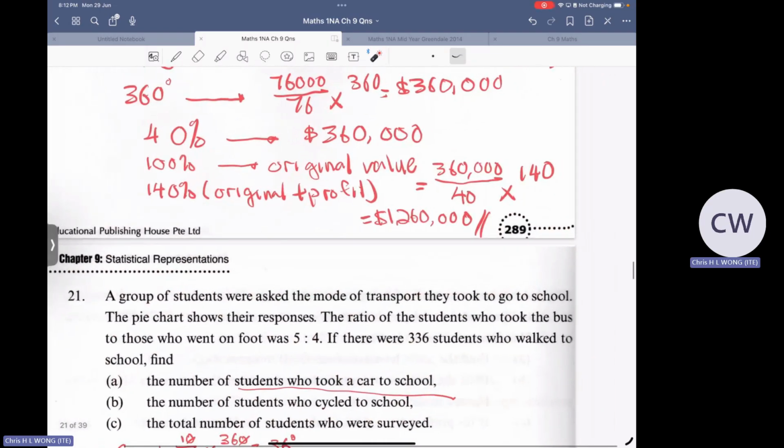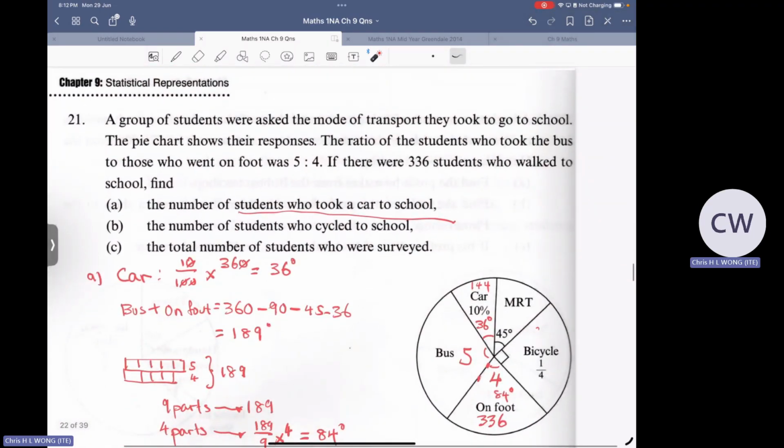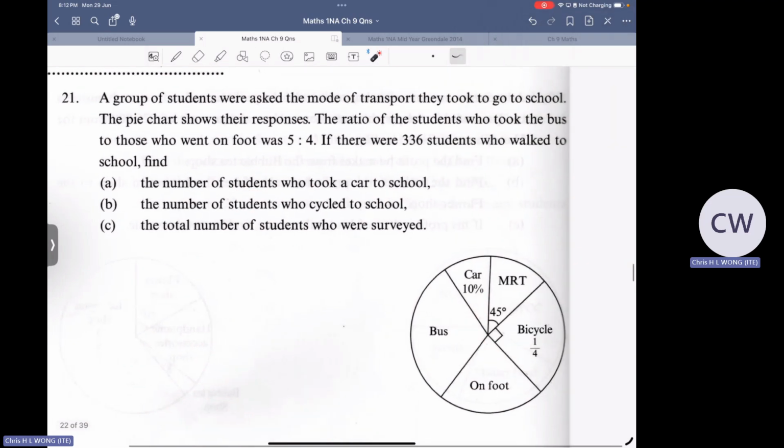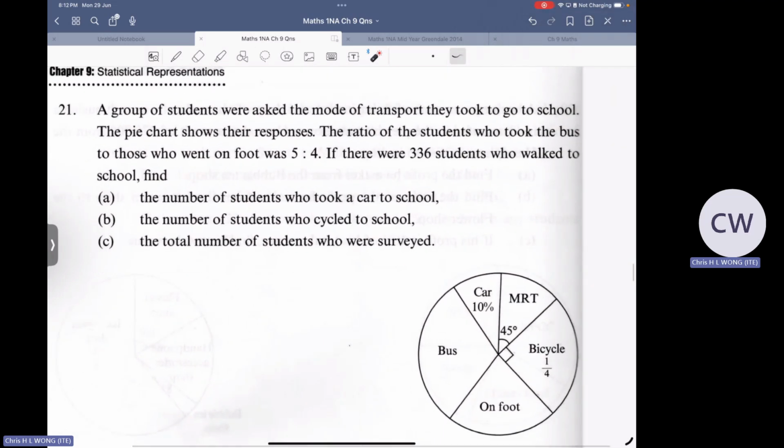Next one, okay. Clear this first. Okay. You try. You look at this, there are three things they give you, totally different. They give you 1/4, they give you degree, they give you percentage, all mixed together. Making you how to take the data out. How do you extract the data out from three different sources here? Three things. 1/4, 45 degree, 10%, nothing related. But how do you make them relate here?